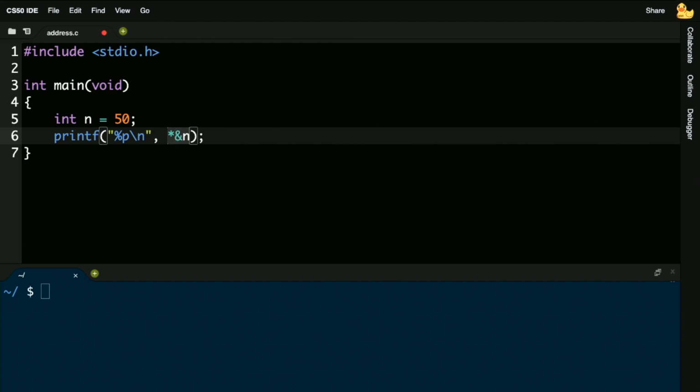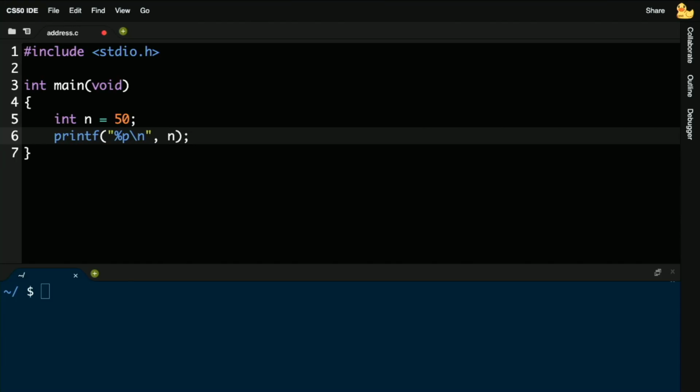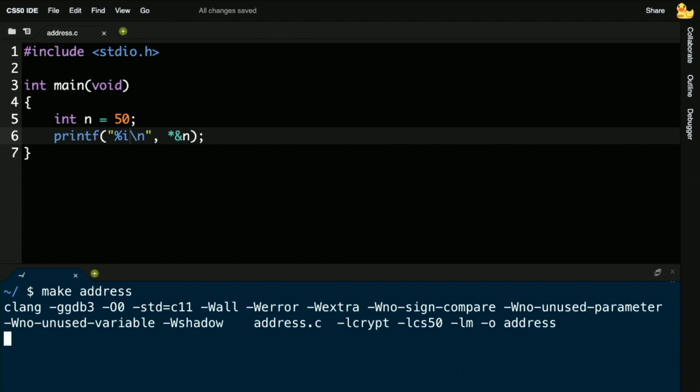Star ampersand n is going to say, go to that address. So this is kind of a pointless exercise, because if I just want what's in n, I can just obviously print n like we began. But again, just as an intellectual exercise, if I prefix n with the address of operator and then use the asterisk and say go to that address, it's the same exact thing as just printing n itself. So let me change the format code back to an integer instead of %p. Let me go ahead and make address now.